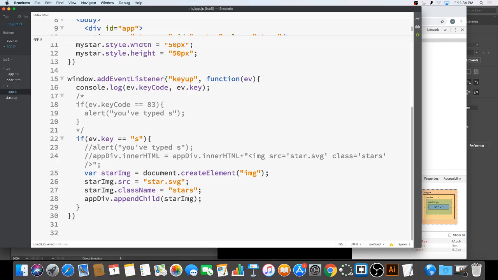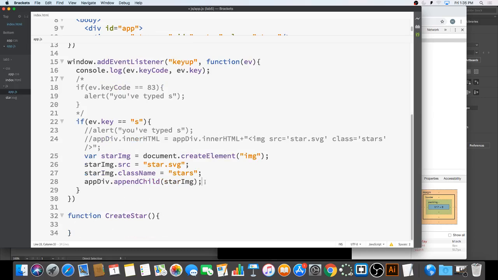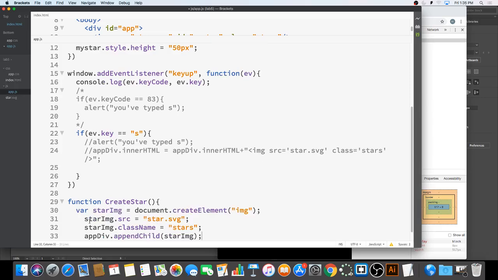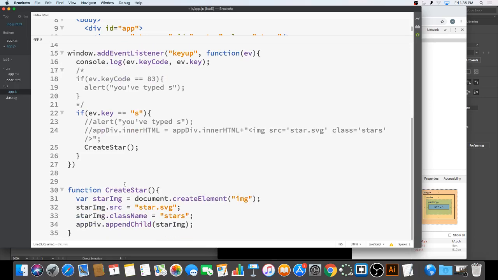For example, if I type function createStar and copy everything from lines 25 to 28 and paste it down here, from now on if I want to create a star, I just call createStar. Whether it's typing the S key, or another key like space or enter, or listening to a mouse move,